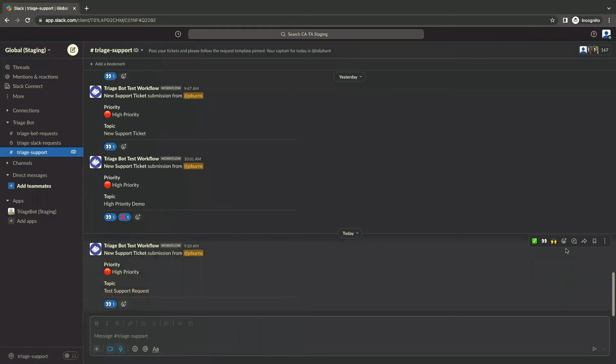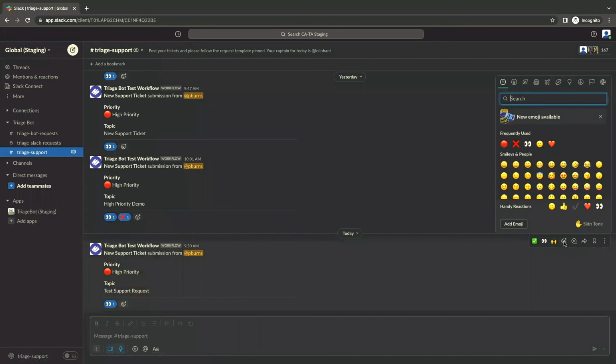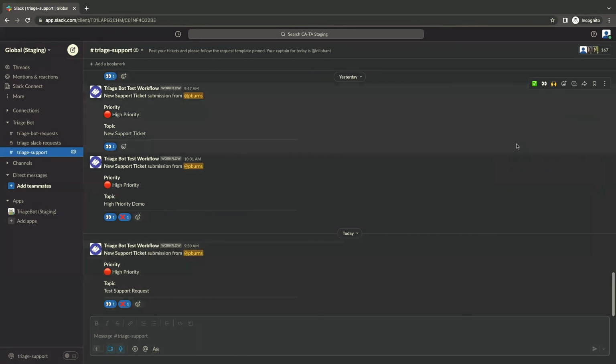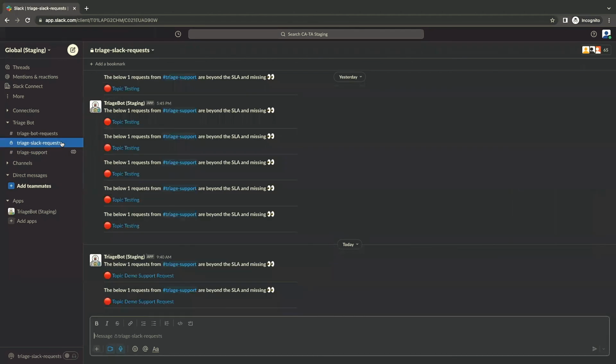This will stop the clock on any SLA for TriageBot. In addition, if the request should not be worked on, you can use a different emoji, an X in this case, to remove the request from TriageBot SLA reporting. Similarly to how a triage team member can request an SLA report, TriageBot also provides a periodic update to an escalation channel, triage Slack requests in this case. You can see in this example that any requests that have breached SLA are reported to this escalation channel every 5 minutes, providing visibility to the most important requests and ensuring that your support teams can meet their SLA targets